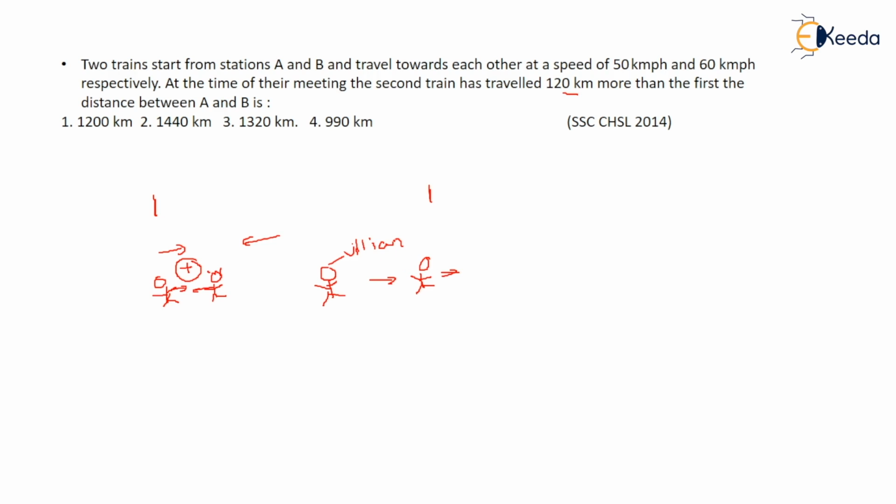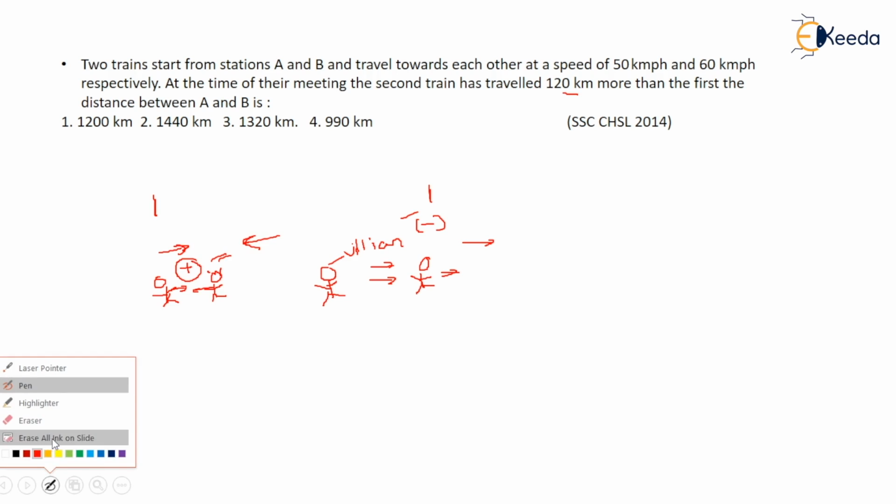So in this case, he will take more time to chase her because she is running in the opposite direction. In the opposite direction, your relative speed generally adds up, and when both are moving in the same direction, their speeds are subtracted. When both are in opposite directions, their speeds add up. This is the concept of relative speed.